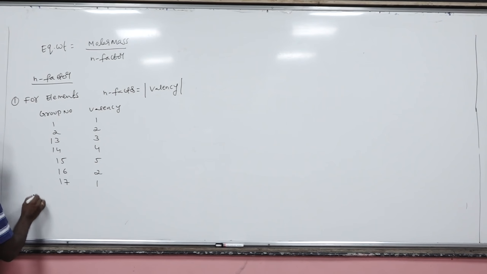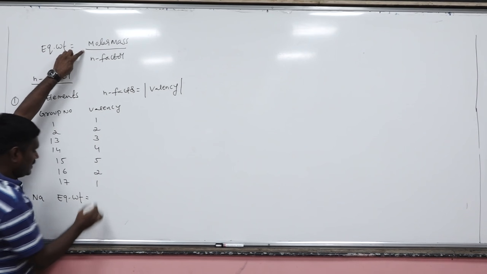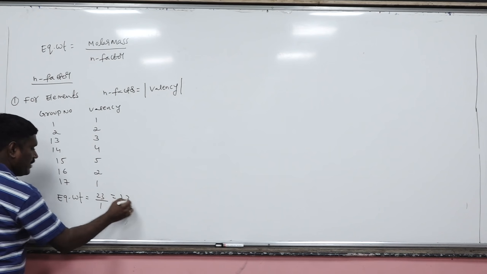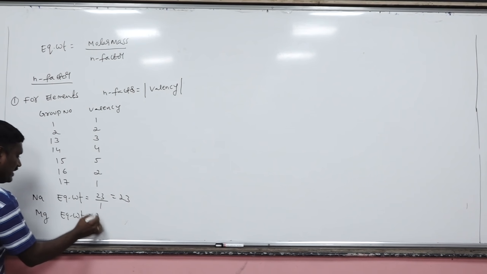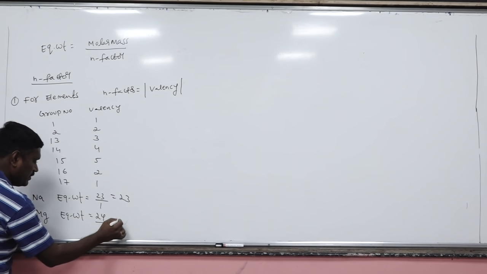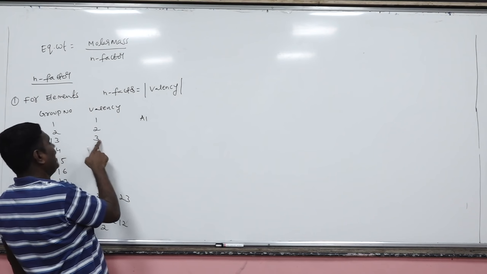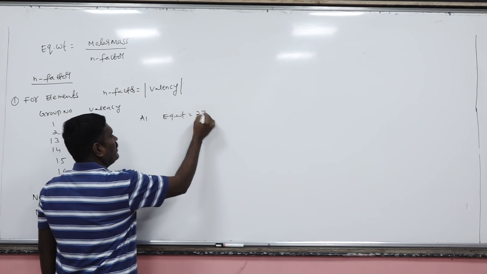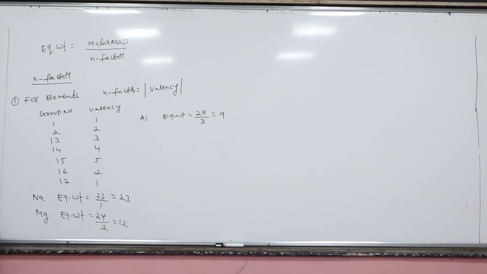Let's suppose sodium is there. What is the equivalent weight of sodium? Molar mass, that is 23. Sodium is group 1, so valency is 1, so 23. Let's suppose magnesium. How to find the equivalent weight of magnesium? Magnesium is group 2, so you will get 12. Let's suppose aluminum is a group 13 element, valency is 3. Equivalent weight is equal to atomic weight of aluminum by valency, so that is 9. Are you getting my point? So this is the calculation of n factor for elements.